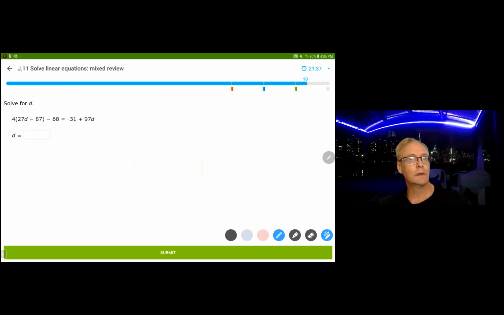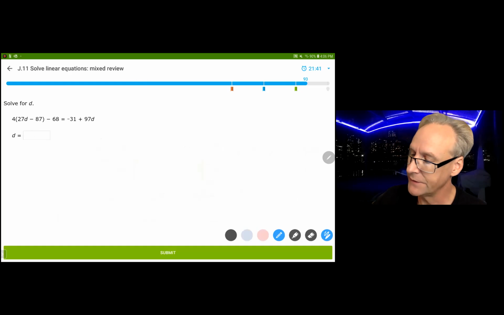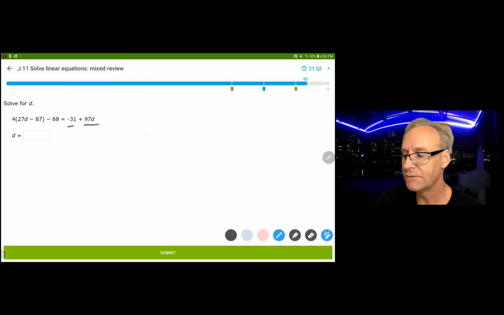Oh, can't do it on this one. Well, you could, but I think you're better off just going ahead and distributing the 4, because dividing this by 4 would be a nightmare, and dividing this by 4 would also give you a nightmare problem. So I'm going to go ahead and distribute my 4. 4 times 27 is 108. So I've got